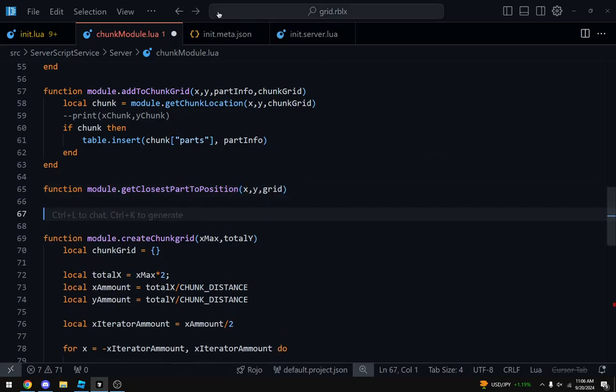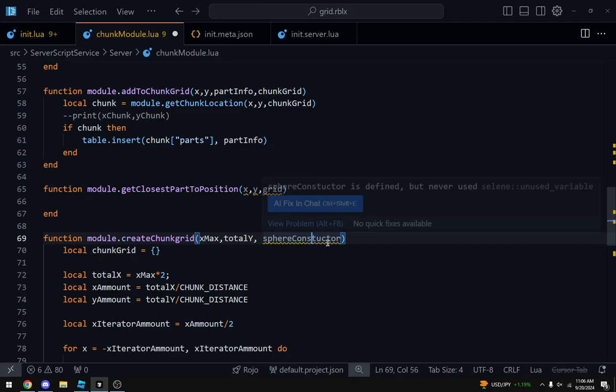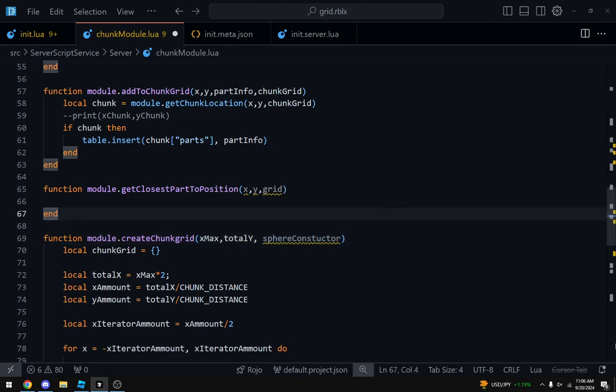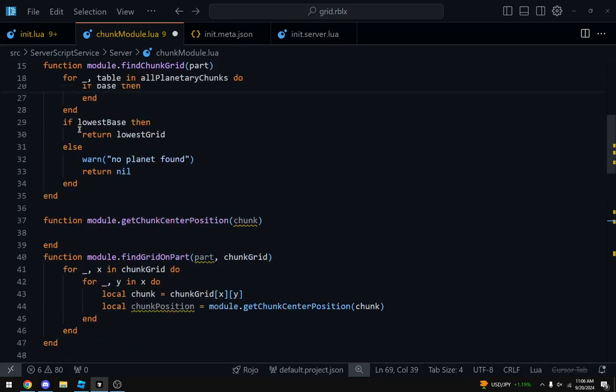So that means we're going to need two things here. We are going to need the planetary grid here. No, we don't. We need the sphere constructor of the planet, and that's basically going to give us access to its grid system.